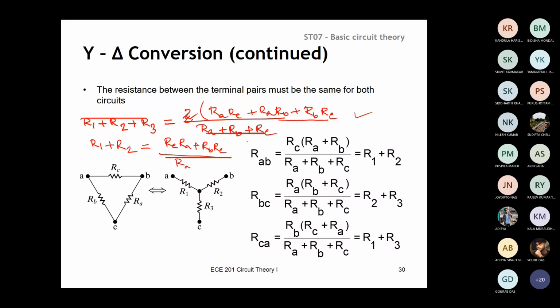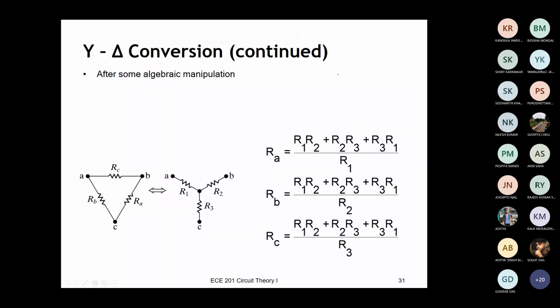That is divided by RA plus RB plus RC. So you can do one thing from here. You can just eliminate RCRA and RBRC, and you're left with RARB. RARB will be equal to this, R1 plus R2 plus R3 into the summation of this, and R1 plus R2. So what you have on the other side, R3 equal to RA plus RB plus RC, isn't it? You will get that. So in that way, if you start reducing like this, ultimately you will be left with RA equal to R1R2 plus R2R3 plus R3R1 divided by R1. So this is one approach.